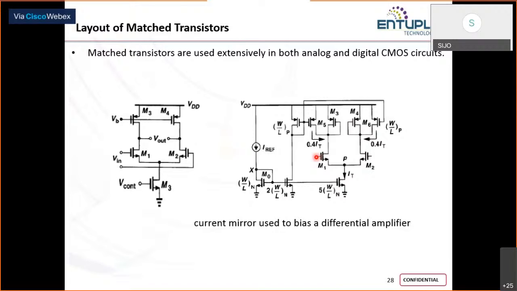If you see the differential pair here, it is always recommended to match your M3 and M4. Whatever criteria we have seen till now for matching your MOSFETs, or to take the example of resistors or passives,